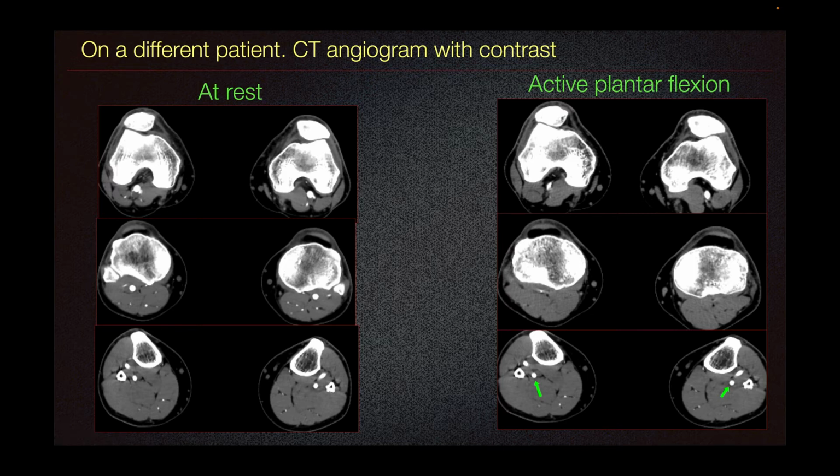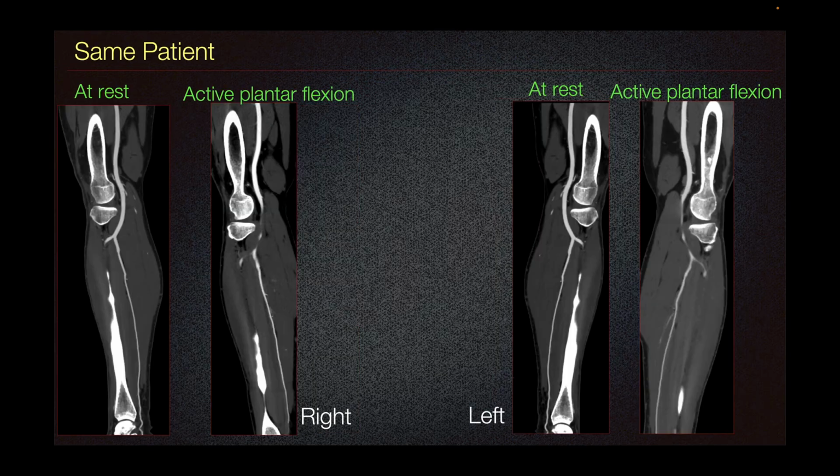CT angiogram is also favored for evaluating this, as it is more accessible and can give us a sense of a possible cause for the popliteal artery entrapment. However, there is associated ionizing radiation. This is the same patient, just demonstrating this region. Here we can see at the active plantar flexion a widely narrowed popliteal artery, also seen on the contralateral side